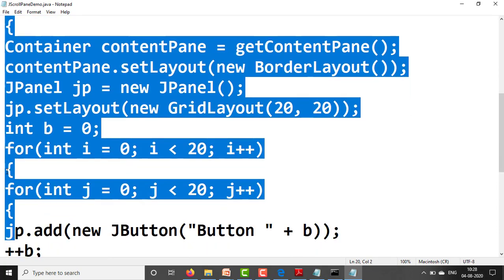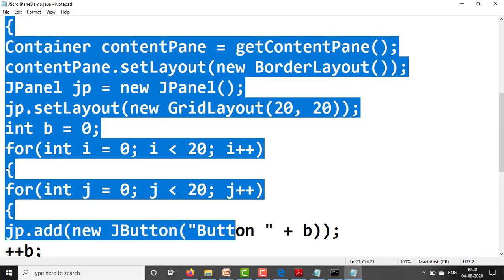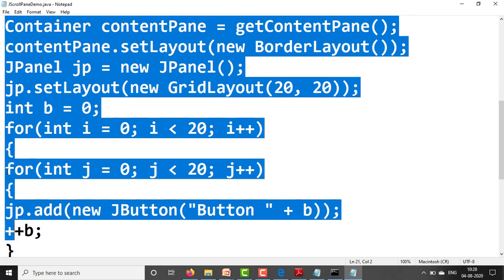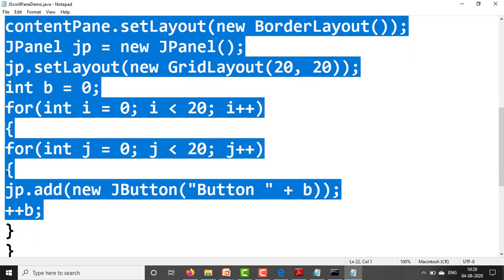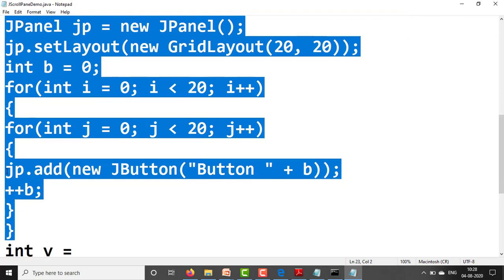In this for body we write jp.add, and what we are going to add is a new JButton, with the caption Button plus b. Initially b is 0. Next, plus plus b, pre-increment, and close the inner for and the outer for.